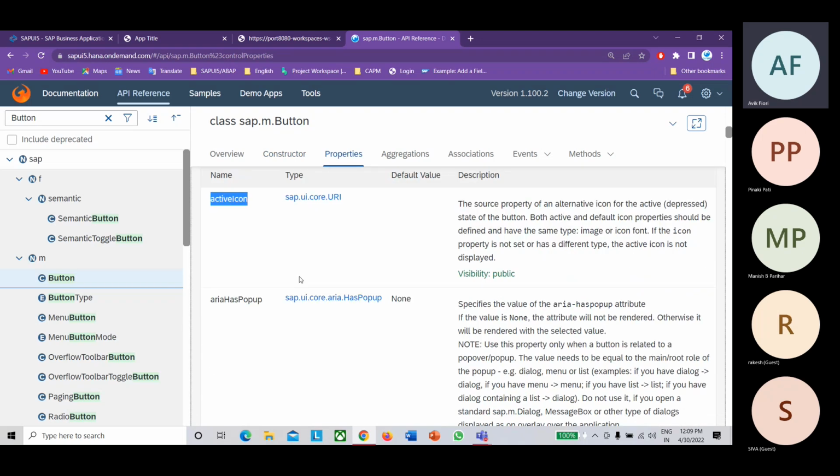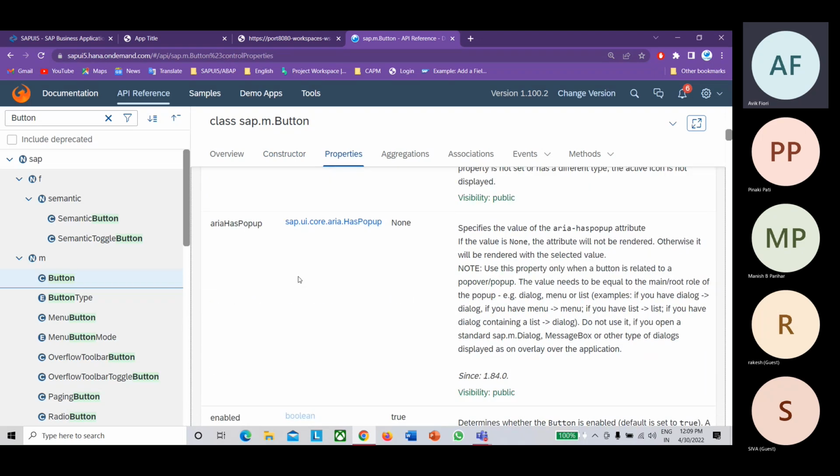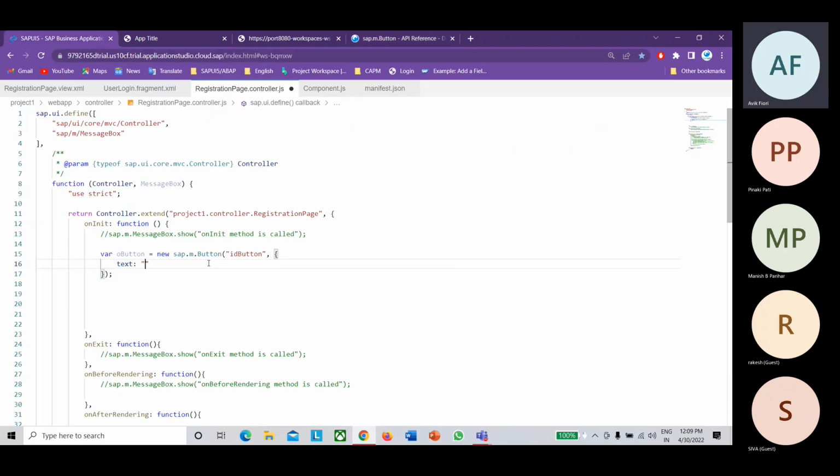You can go to the property section. Let's say I want to add a text property to the button, and in double quotes you can add something like info button. This is the property you have added.